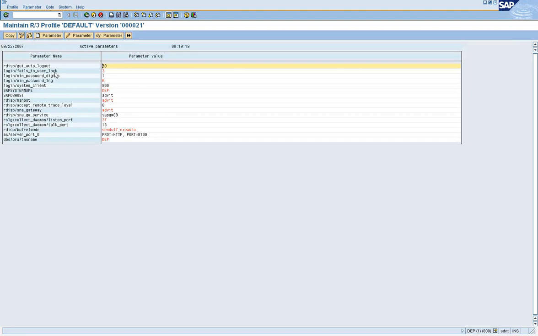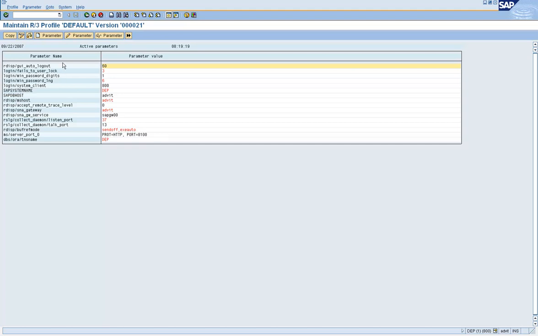Now, this activity of creating or activating the profile parameters is a basis administrator's job. You probably will not have access to do this, or you should not be allowed to do this in a production environment.